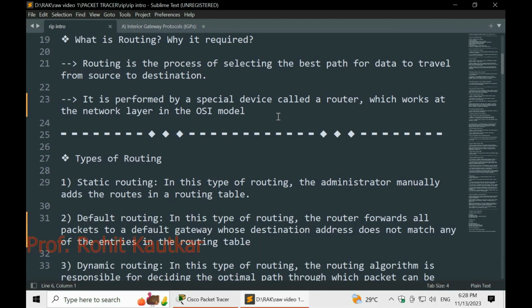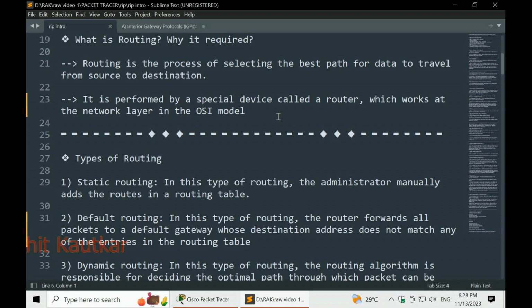The process of routing is selecting the best path for their communication on which all packets will travel from source to destination. So the routing process is about finding the best, optimal path on which all packets will travel in the communication. This routing is basically performed by one special device called a router.